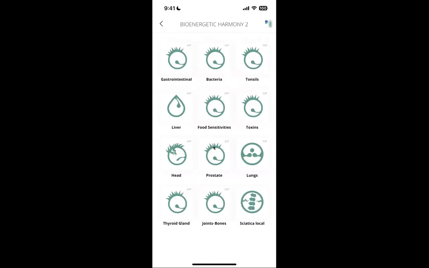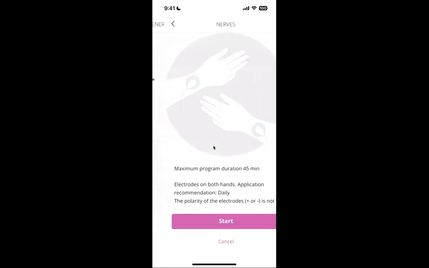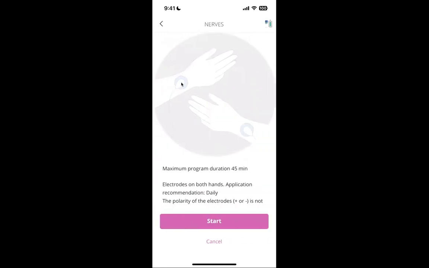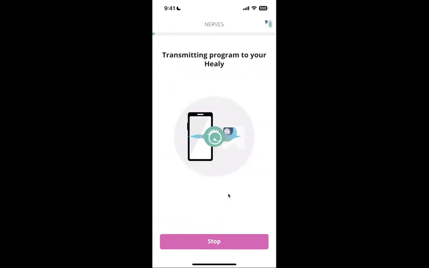Let me just give you an example. If I were to run, let's say, this nerves program right here, it shows to put the electrodes on the wrist. They show it with little sticky things, or these bracelets, which are a lot more convenient. It'd be about a 45-minute program. You could also use the coil for this one if you wanted, but I'm going to show it with the wires. We hit start, and it sends all the frequencies from the app on your phone over to